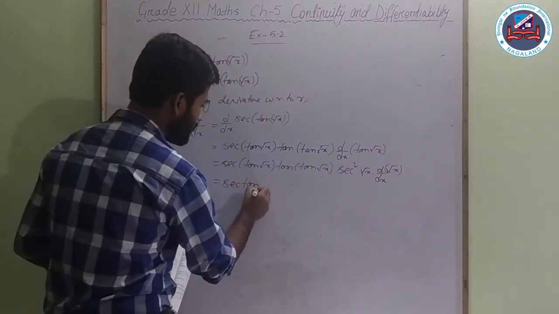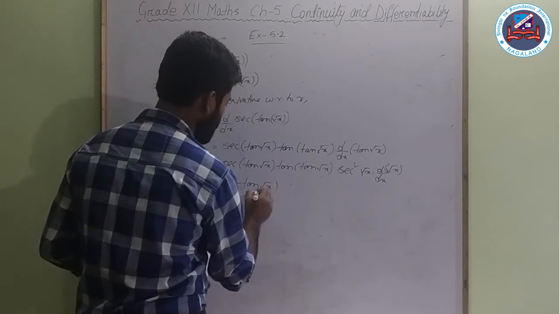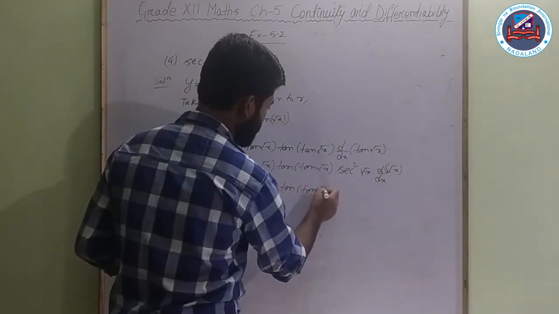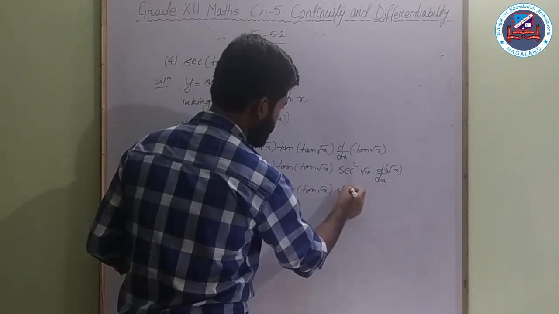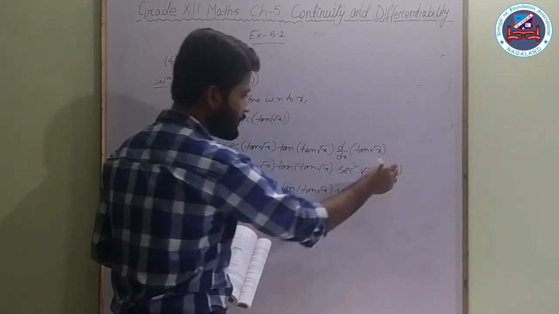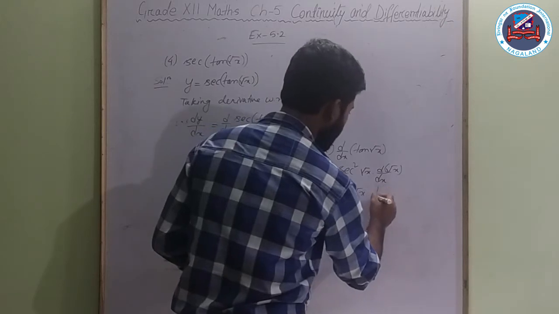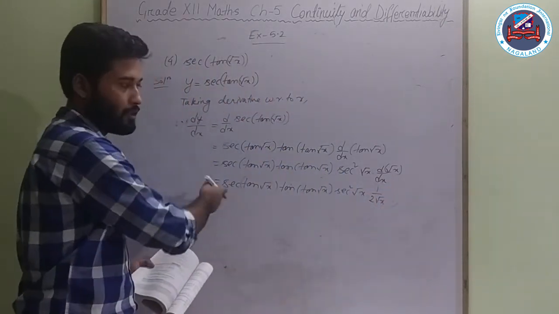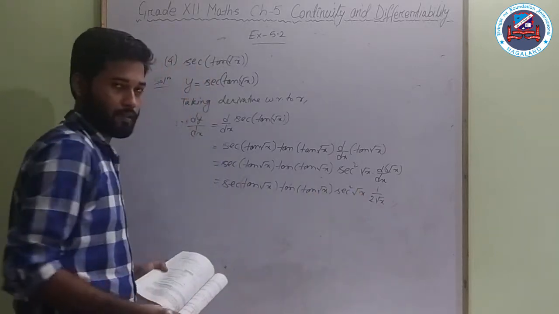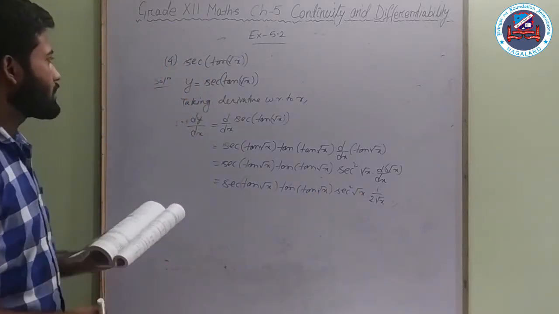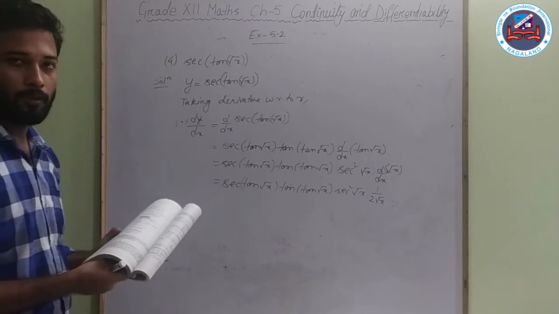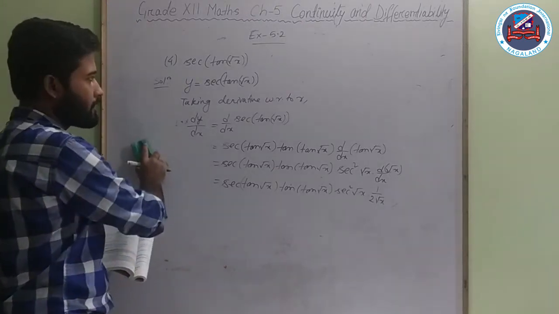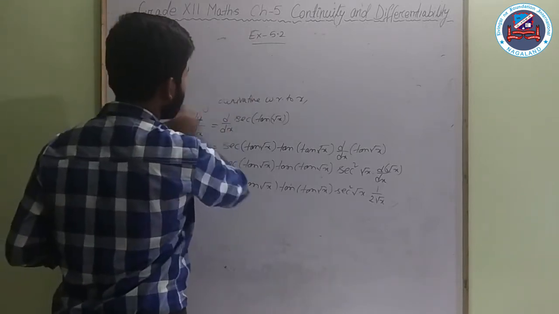That is equal to sec x, sec of tan x, then tan of tan root x, sec square root x, and d/dx of root x is 1 by 2 root x. So that is the answer. Or in the next step, you can just simplify it and bring the 2 this side, same thing. Okay. So this is how we do the derivative of composite functions, and this is very important. Once you practice them more, you will be really friendly with them.